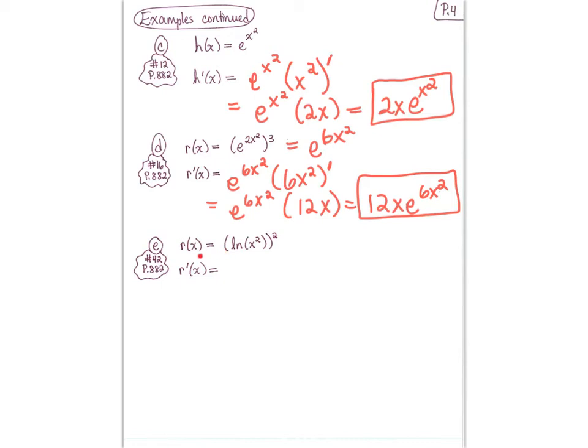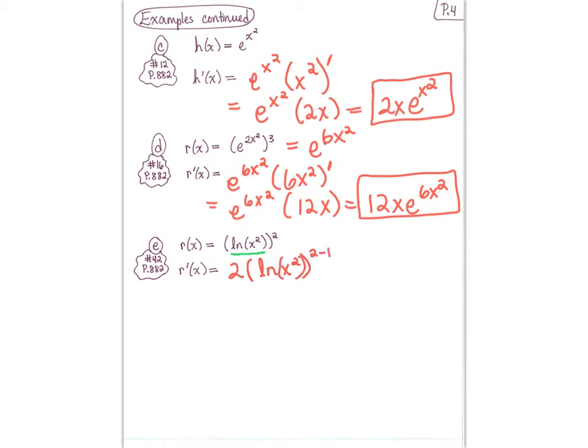So we have r of x is equal to the natural log of x squared, all of this quantity squared. So here we have to use the chain rule. So remember, our outer function is the squaring function. Our inner function is the natural log of x squared. So now we want to differentiate all of that. Using the chain rule, we have to bring down the 2, leave the inside fixed. The inside is the natural log of x squared, raised to the 2 minus 1,